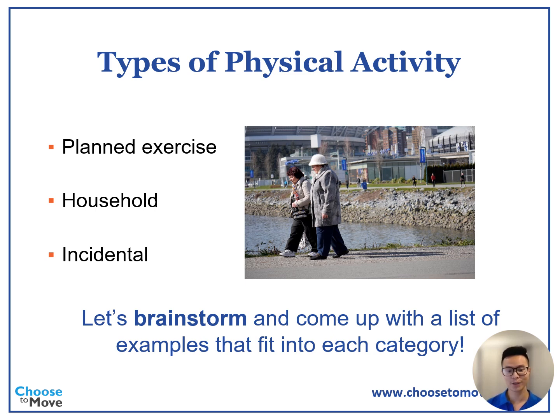Some examples of that second type of physical activity, which is household physical activity, include everyday chores, such as washing the dishes or doing laundry, vacuuming, or even washing the car outside. And lastly, some examples of what we call incidental physical activity, or rather non-structured physical activity or movement, include things like walking to the bus stop or biking to your local coffee shop, or even playing with your grandchildren when they come over.